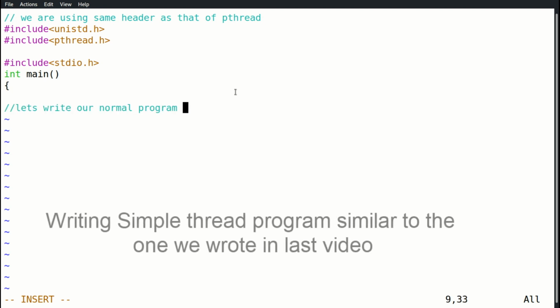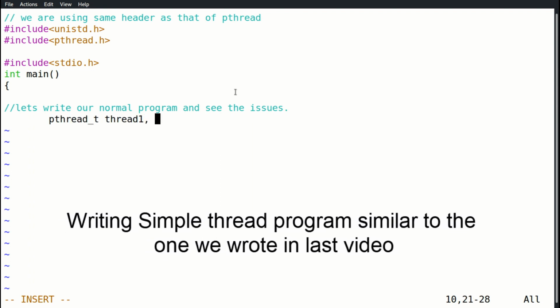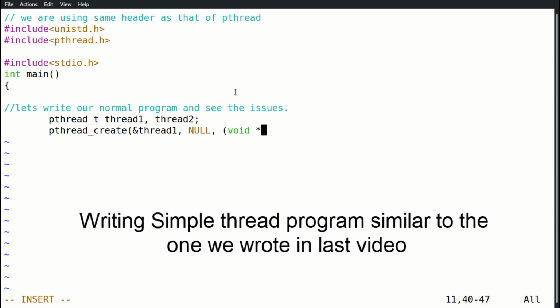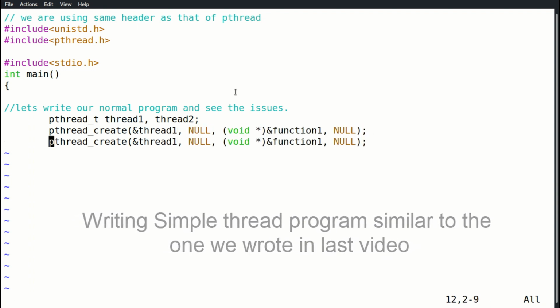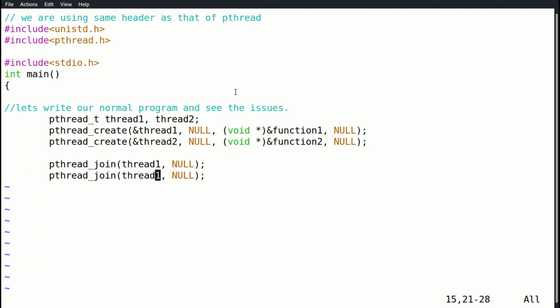We are not going to use any mutex or semaphore at first, and we will see how that common code, or common data, reacts when a number of threads try to access it without any restriction. It's the same as pthread_create, pthread_join and so on.